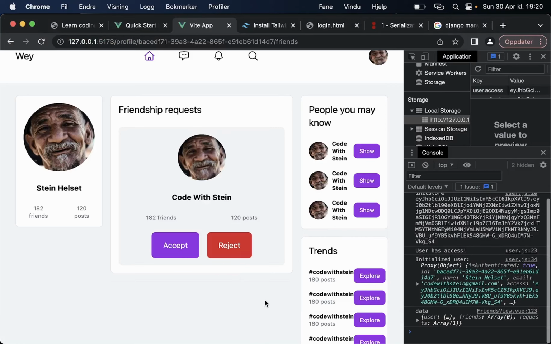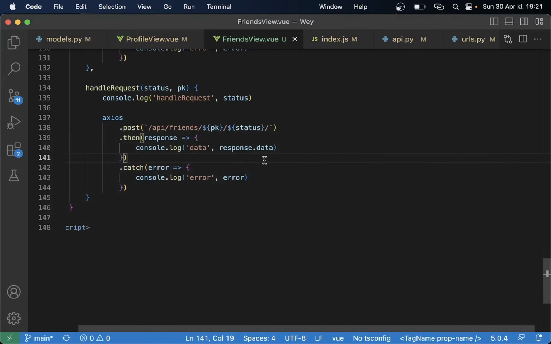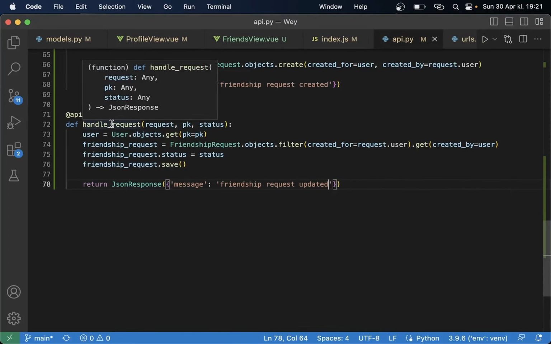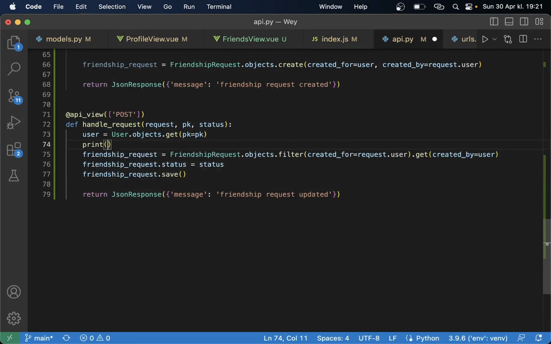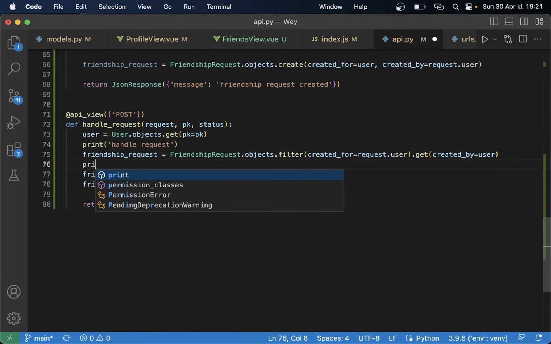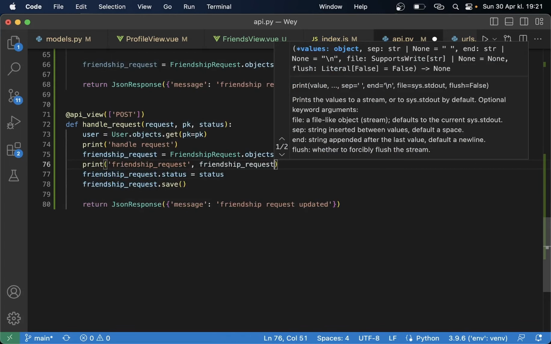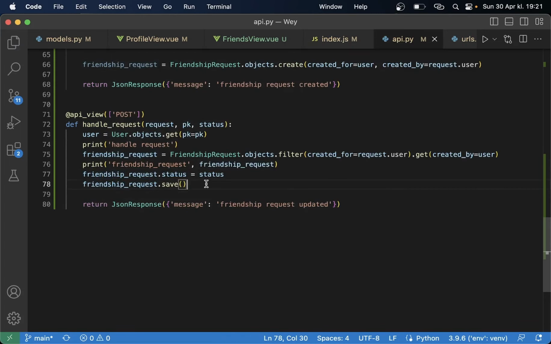So if I now refresh, it was not supposed to be there anymore. What did I do wrong this time? So handle request, print handle request, just want to do some debugging here, print friendship request just to see that we get this from the database. Yes, sorry,